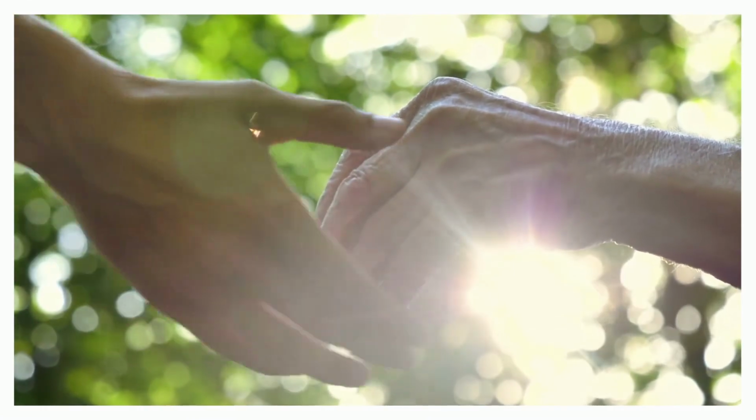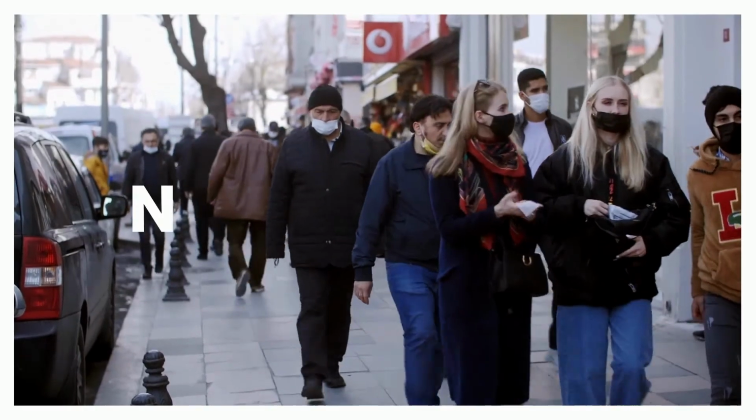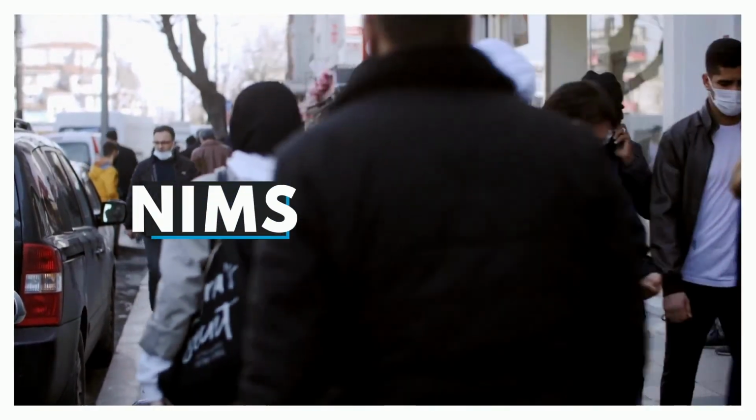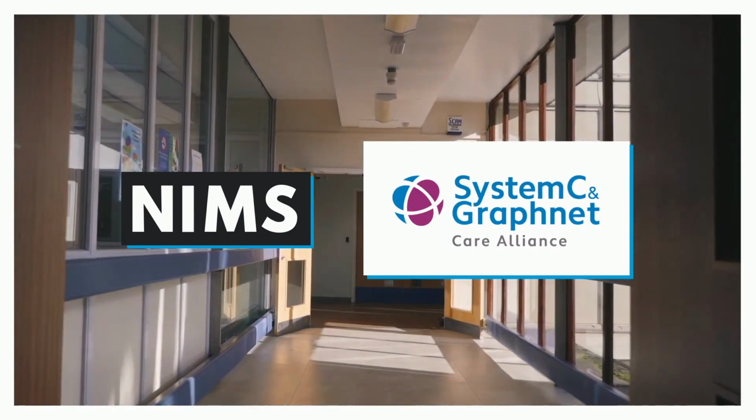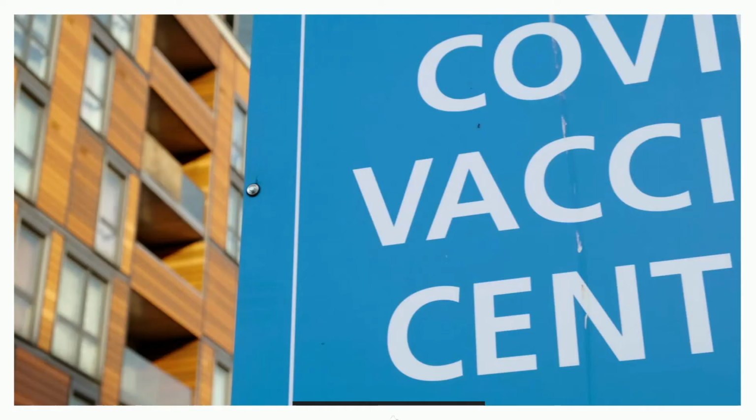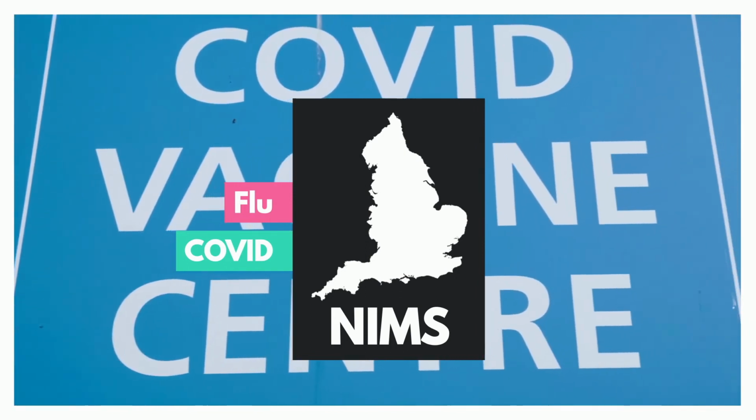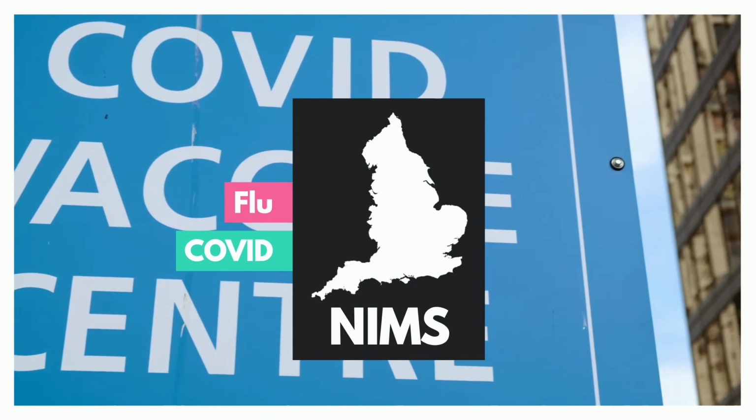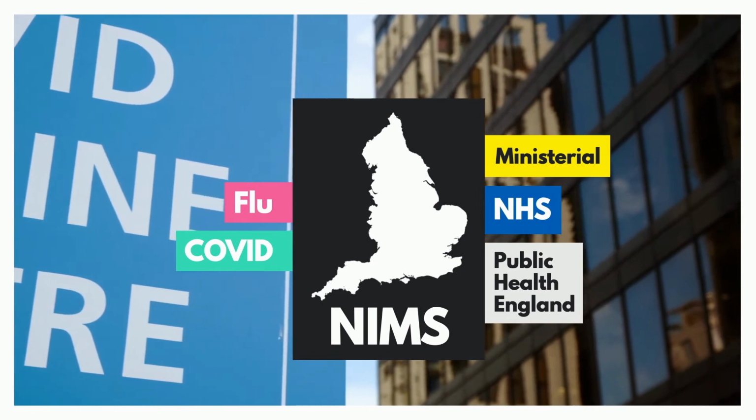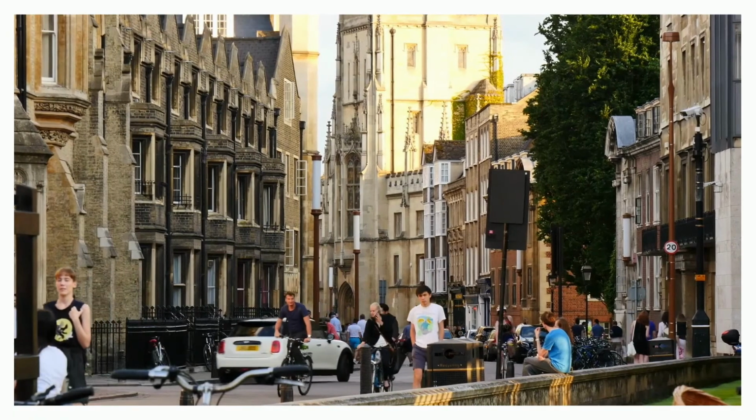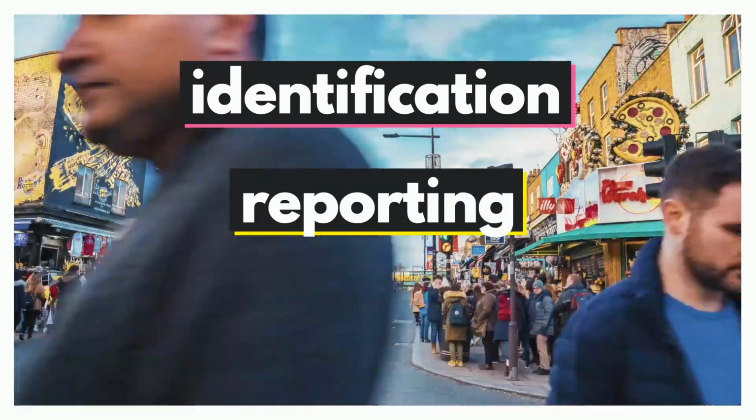Already we can see real-life examples of how our solutions are improving care. The National Immunisation Management System, or NIMS, is the IT software provided by the System C and GraphNet Care Alliance that supports the management of the flu and COVID vaccination programs across England. NIMS is the National Immunisation System of Record and provides data for Public Health England, NHS England and at ministerial level. GraphNet's Population Health Solution identifies the prioritised patients to be vaccinated and the dashboards for reporting and analytics to